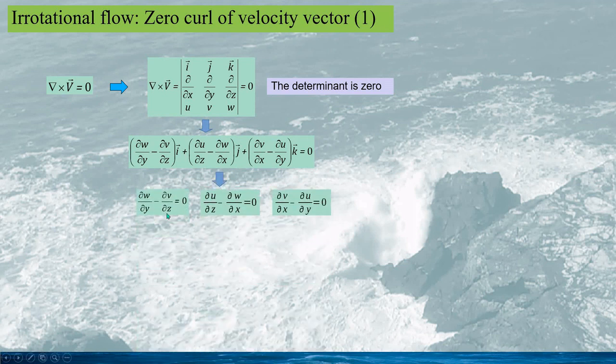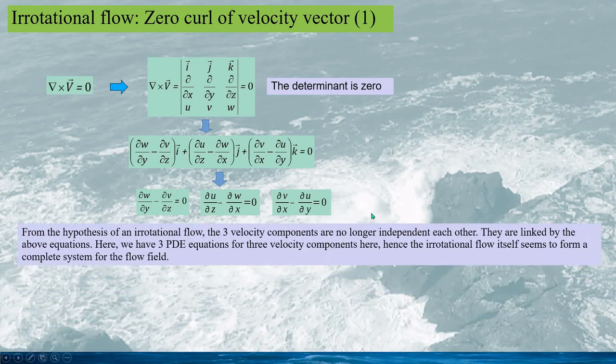Hence, we have three partial differential equations for the fluid velocity components, as this. So based on the hypothesis of irrotational flow, the three velocity components are no longer independent of each other. They are linked with these three equations,